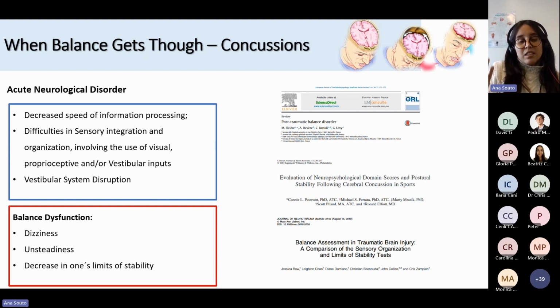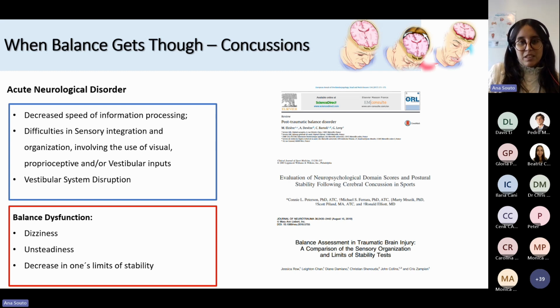In addition, the vestibular system is often affected as well. So people who suffer concussions normally also, besides dizziness and unsteadiness, have decreases in the limits of stability,